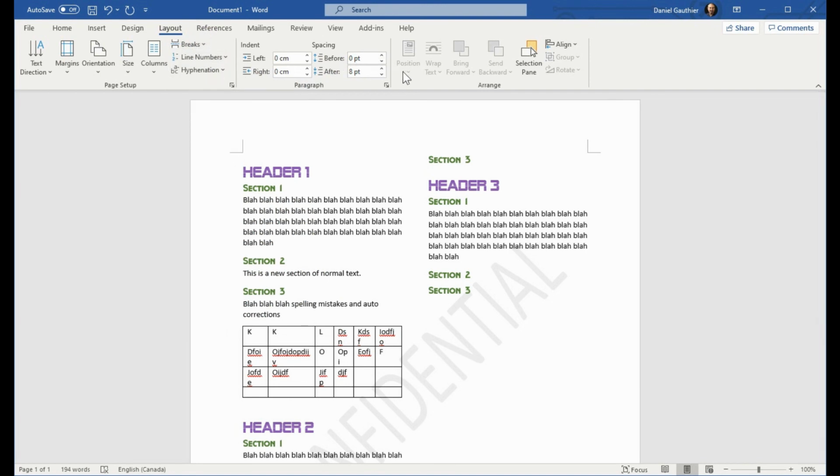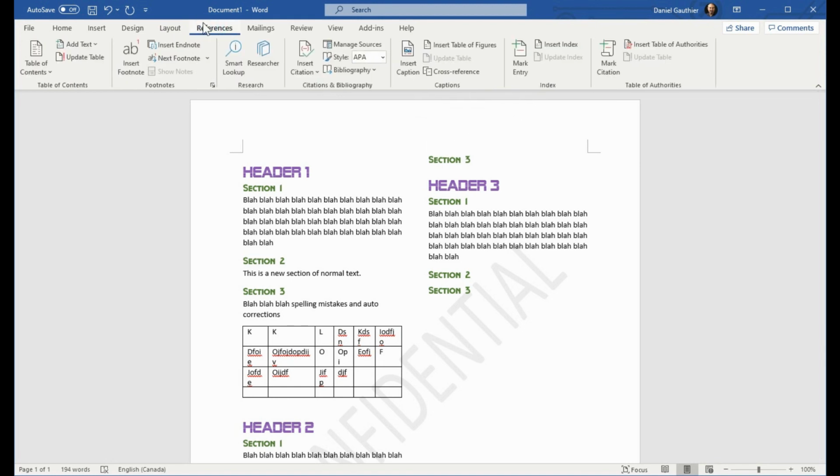More paragraph options, positioning and wrapping of text, which goes back to working around photos. References is very cool. If you're doing a document especially for school, you can do a whole bunch of different things with this.